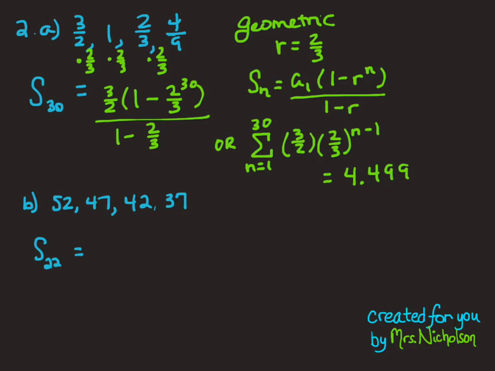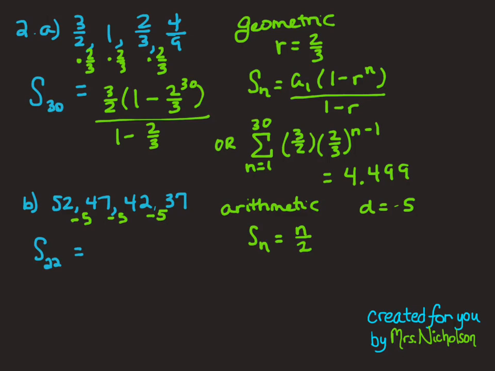In our next sequence, 52, 47, 42, 37, we are subtracting 5 each time or adding -5. And so this is an arithmetic sequence where the common difference is -5. Now, if I'm going to use my sum formula, the sum of an arithmetic sequence is going to be equal